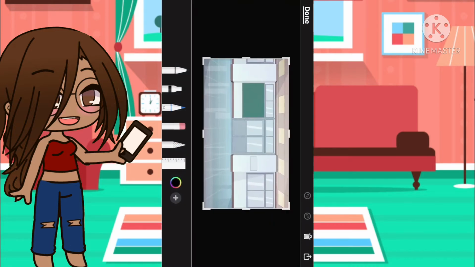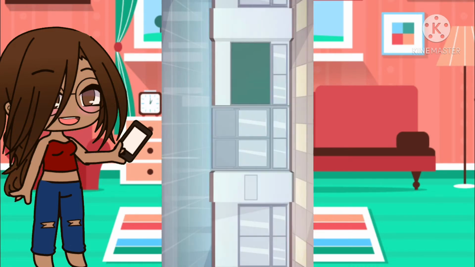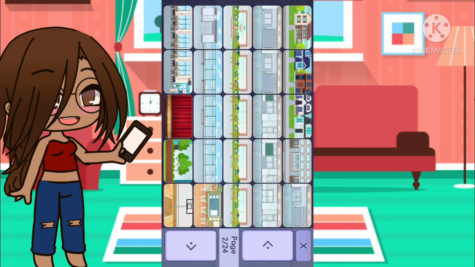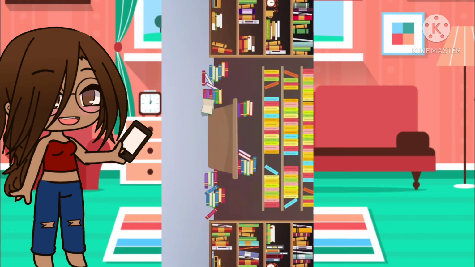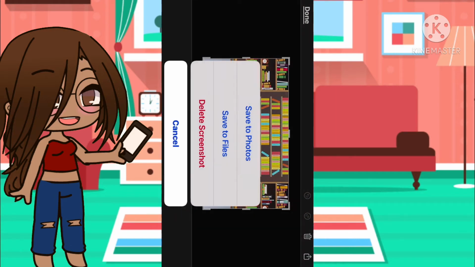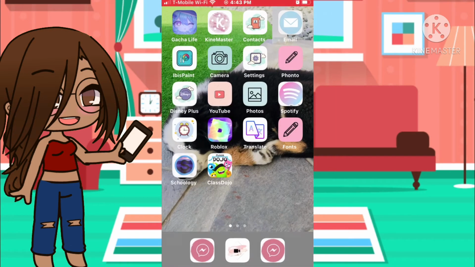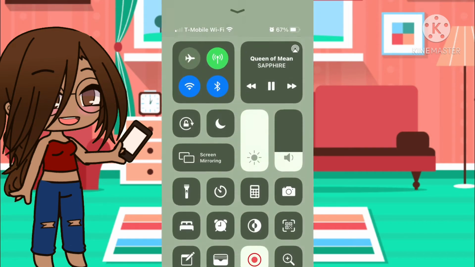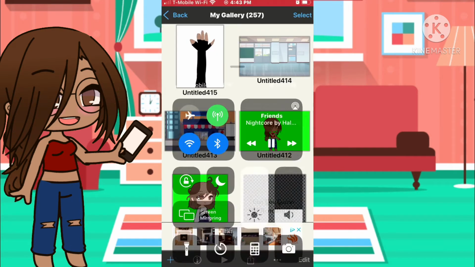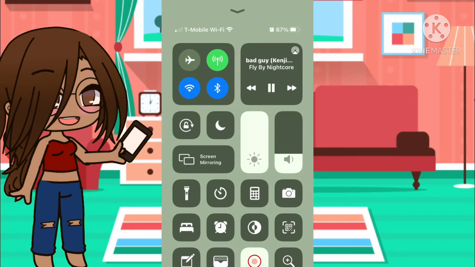So you're just gonna take the screenshots of them. So I'm just gonna wait. And I took a photo of the library. You'll see. So now we're gonna wanna just, I'm scrolling through music right now,